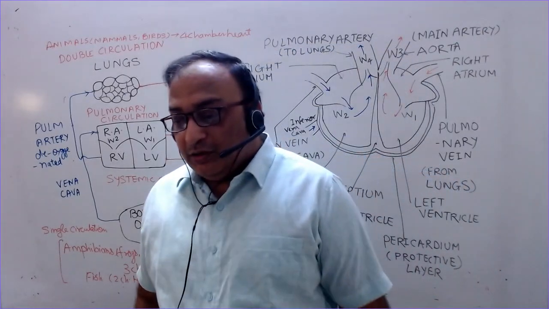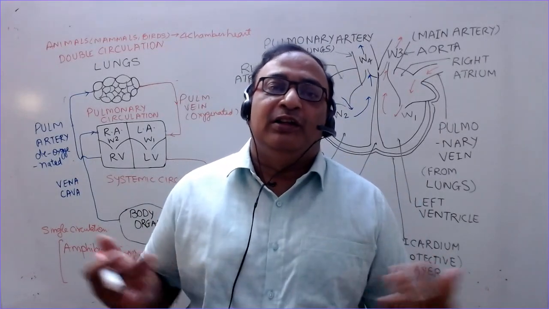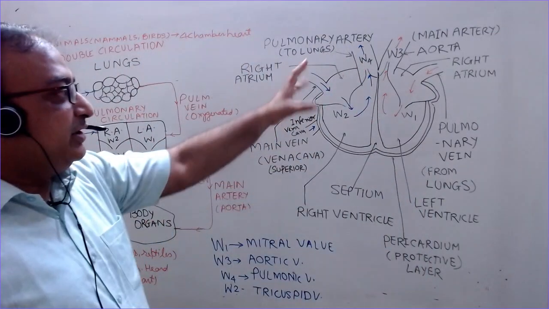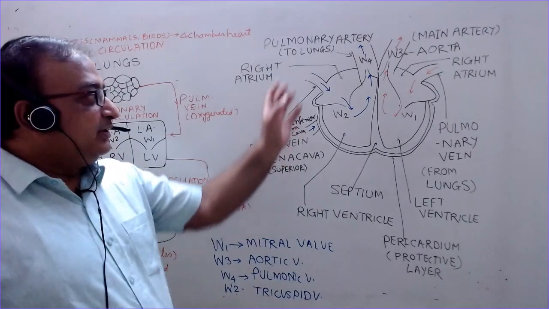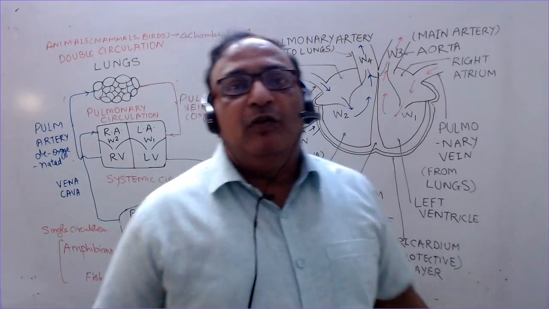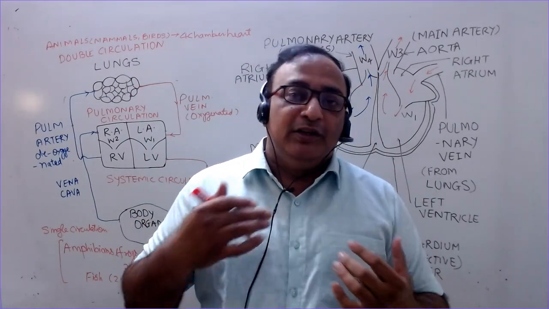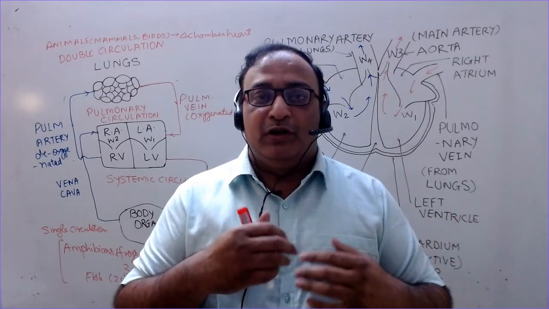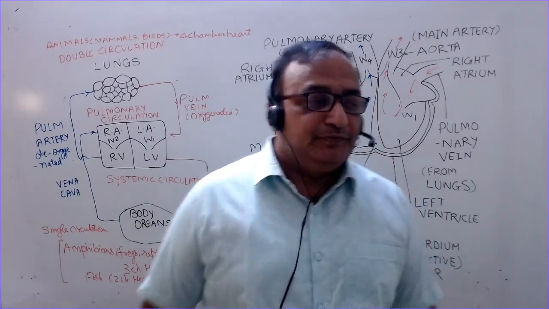So we are going to discuss just the basic functioning, the structure of the heart and how it is functioning. Here I have shown the structure. This is the cross section of the heart, just an indicative diagram, although it is very difficult to draw this. So this diagram you can draw in your exam. The red color shows the flow of the oxygenated blood coming from the lungs to the heart, and the blue color shows the deoxygenated blood going from the heart to the lungs for the purpose of oxygenation, or absorption of the oxygen there.